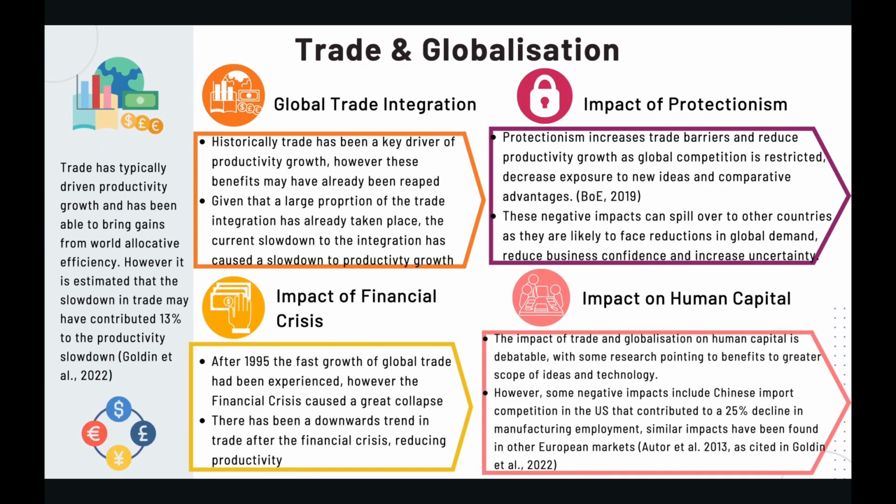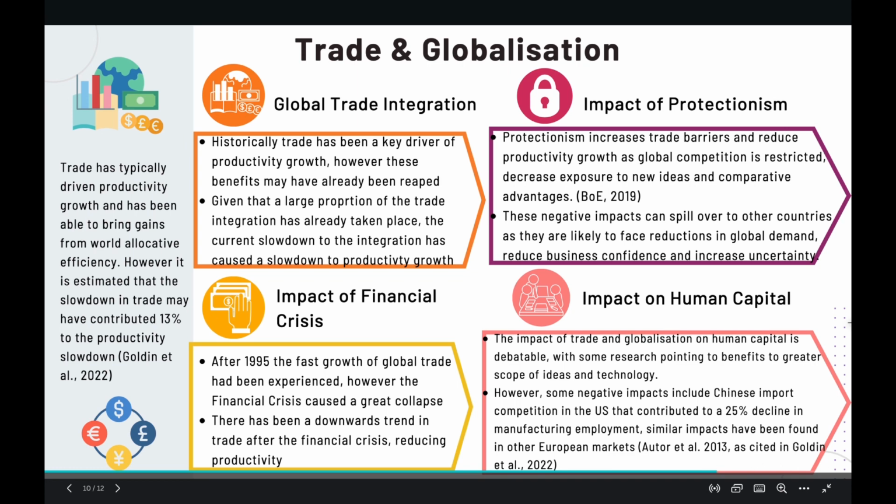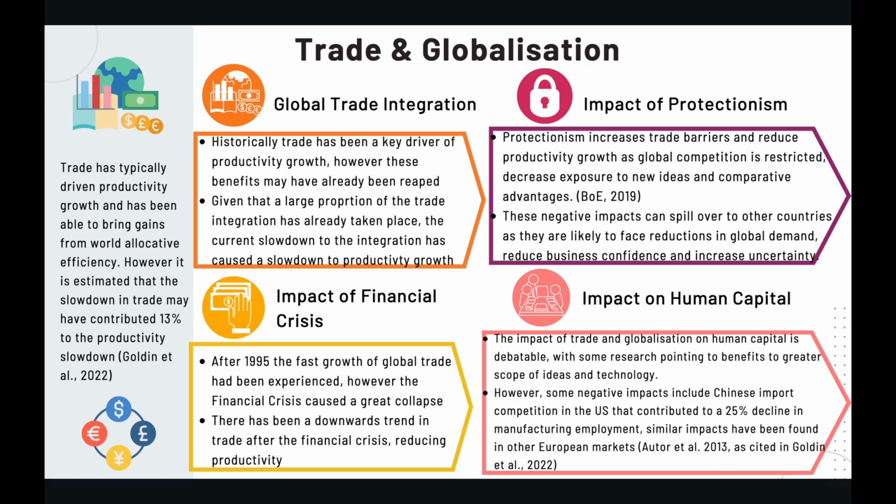Trade has historically driven productivity growth. However, according to Goldin et al., with the current global trade integration and reduction, it may have contributed to 13% of the productivity slowdown. This has also been accompanied by the impact of the 2008 financial crisis, which saw a downward trend in trade, reducing productivity. Additionally, the rise in protectionism has led to a restriction in global competition